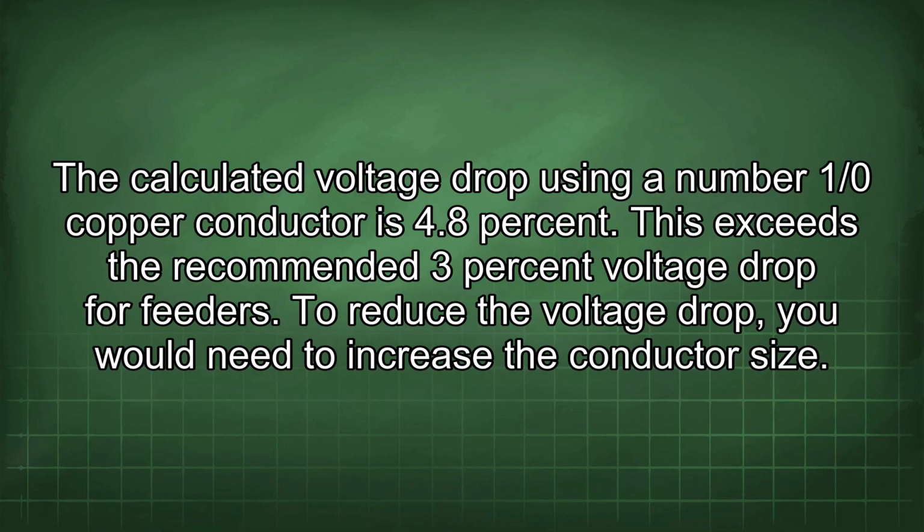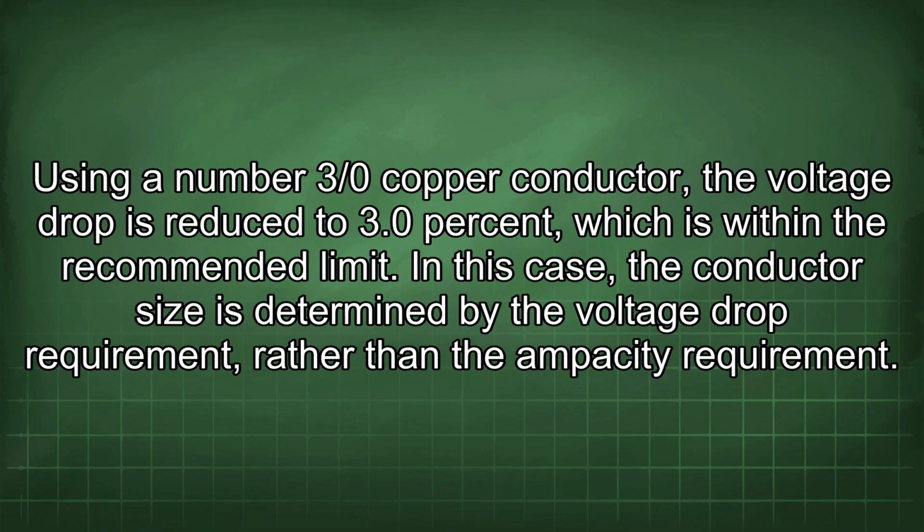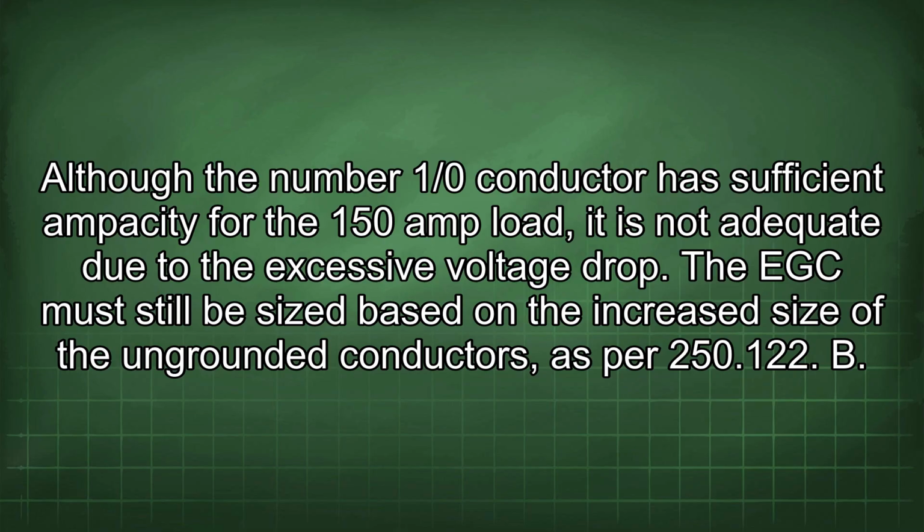To reduce the voltage drop, you would need to increase the conductor size. Using a number 3/0 copper conductor, the voltage drop is reduced to 3.0%, which is within the recommended limit. In this case, the conductor size is determined by the voltage drop requirement rather than the ampacity requirement. Although the number 1/0 conductor has sufficient ampacity for the 150 amp load, it is not adequate due to the excessive voltage drop. The EGC must still be sized based on the increased size of the ungrounded conductors, as per